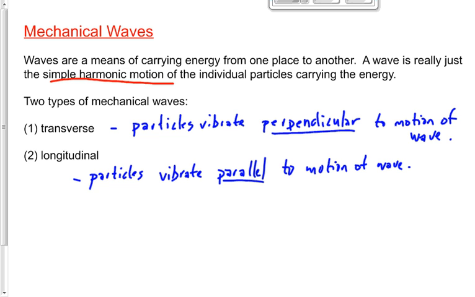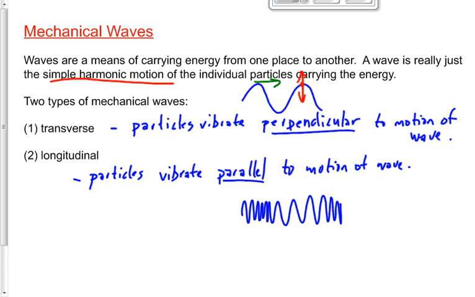In both cases, it's simple harmonic motion. But in one case, the particles are going with the wave. In the other case, the particles are going perpendicular, or 90 degrees, to the wave. The transverse wave might look something like this, with the particles vibrating like this, and the motion of the particles like this, the motion of the wave like this, versus a longitudinal wave